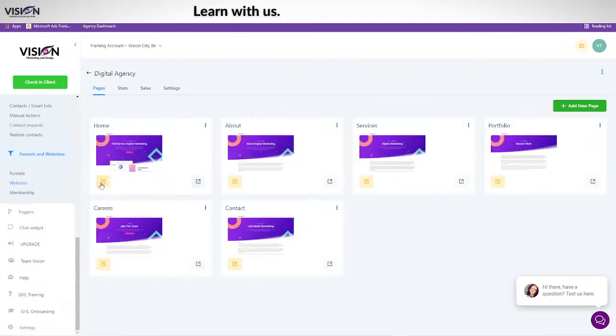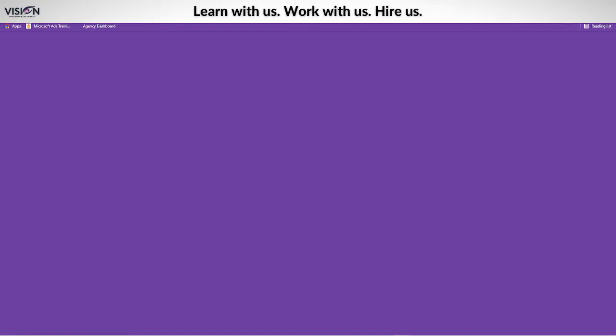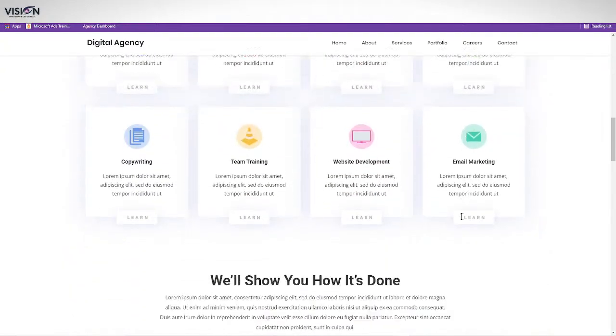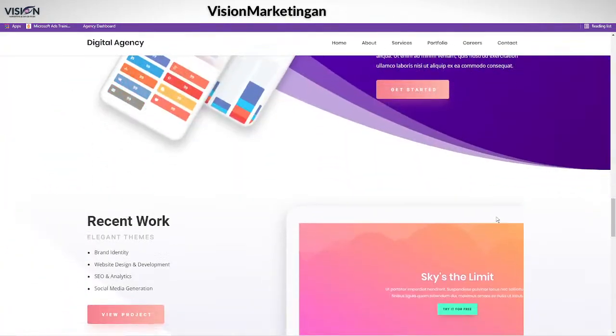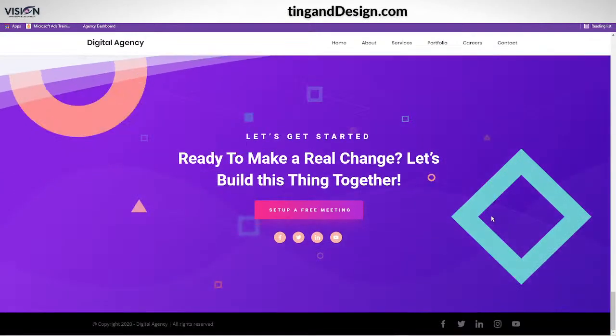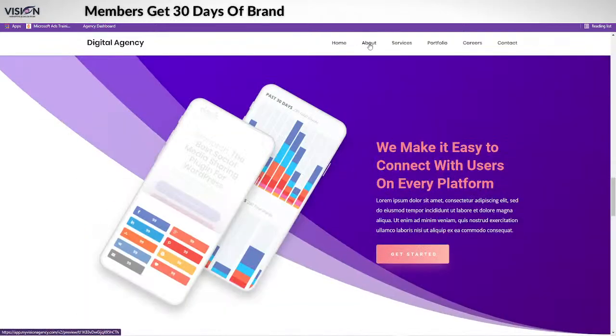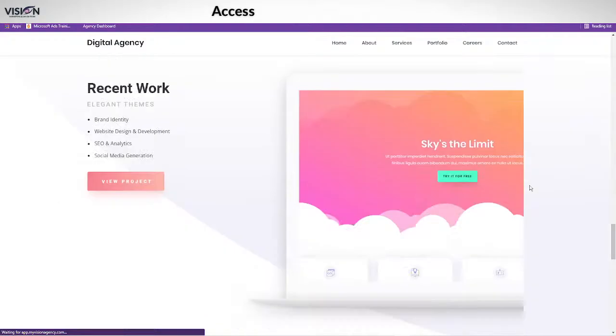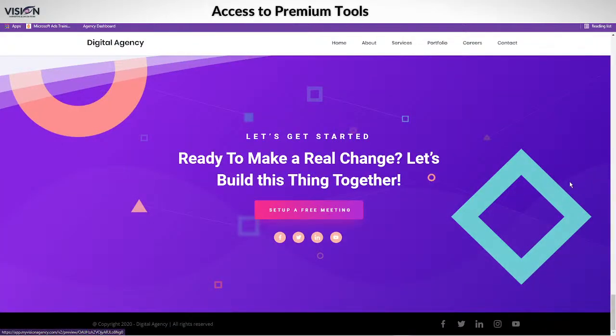Let's click here and we'll look at the live view of the page. You can see this is actually a really high quality website. As you click through, the pages load really fast. There's no glitchiness.